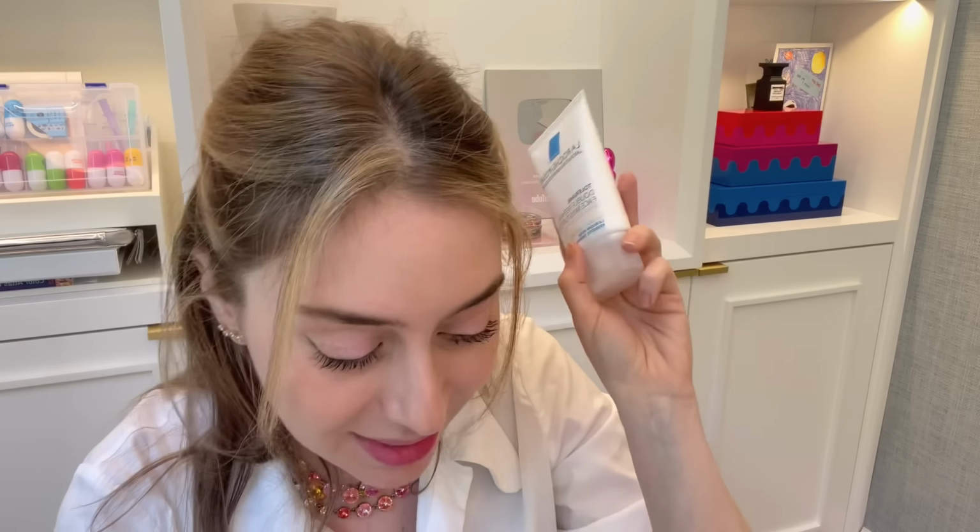Now, this guy is a chemical sunscreen, fully chemical. It is not a hybrid at all, but it's broad spectrum, so it covers both UVA and UVB. I like this one. I use it on top of a moisturizer in winter